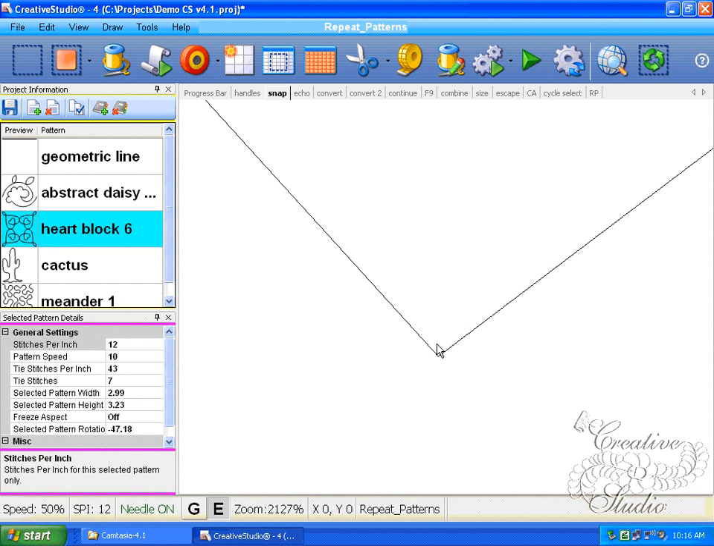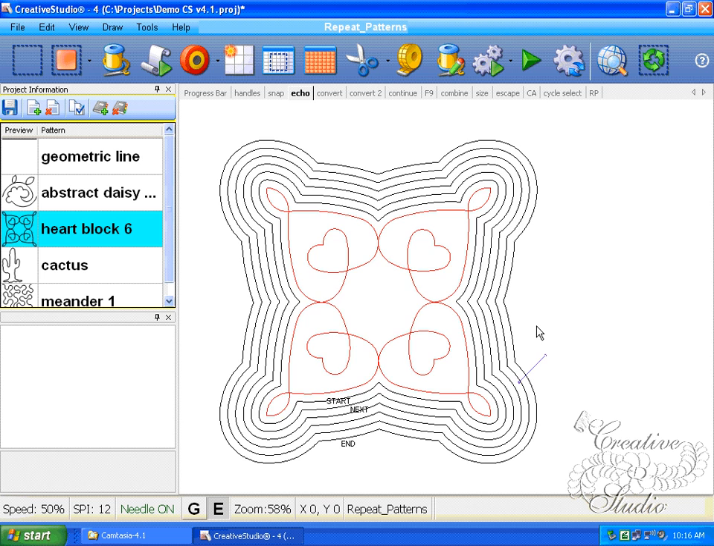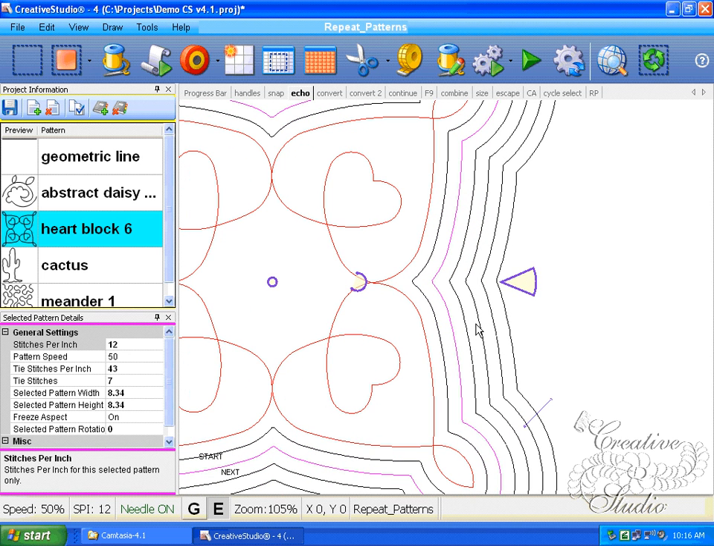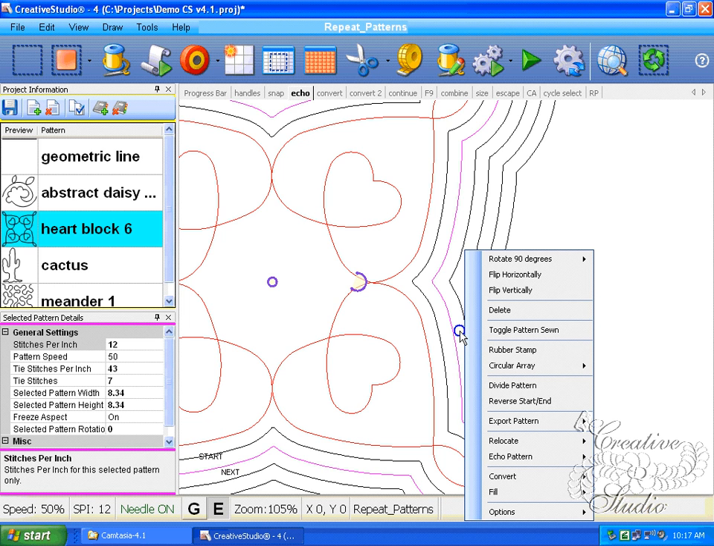There was a slight gap in 4.0 which would not affect sewing, but if you were using a pattern and increasing and decreasing the size, it could potentially become a tie-off area if you increase the pattern size enough. And that should be resolved at this point. We've decreased the number of points in an echo, which can be seen by going in and clicking divide, and